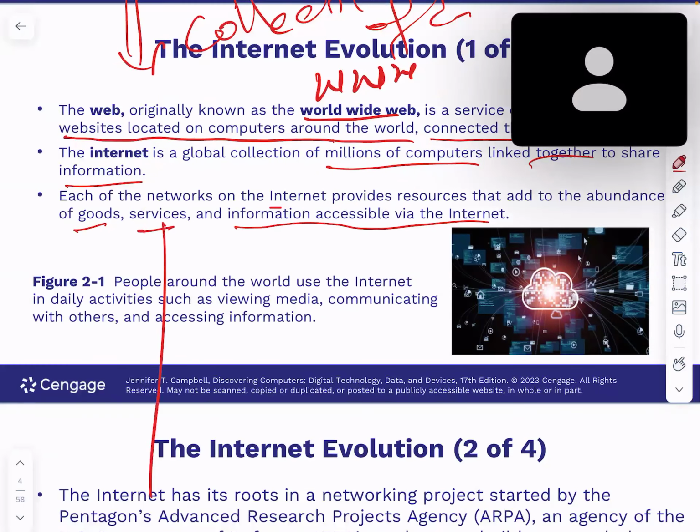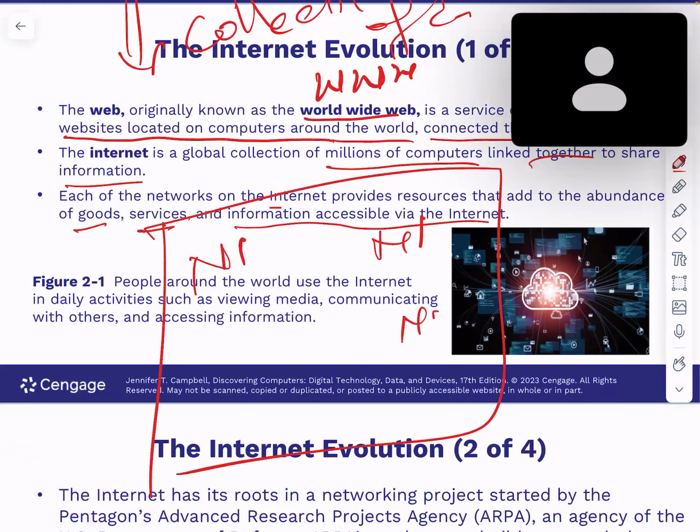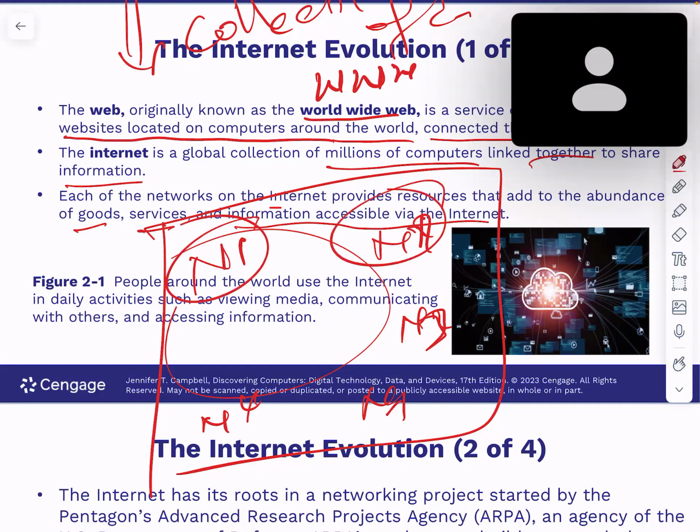So you can see that the internet is made up of different networks: network 1, network 2, network 3, network 4, millions all over the world. Each of these can be from different locations, but the general name that combines all the possible networks is